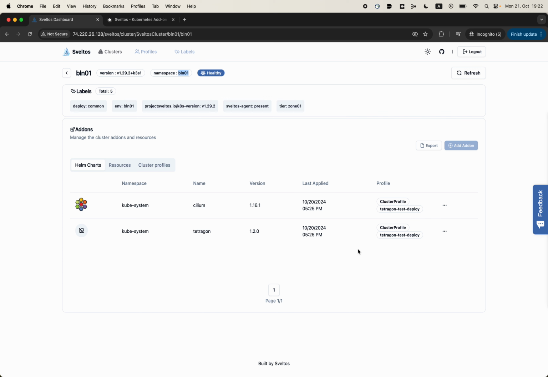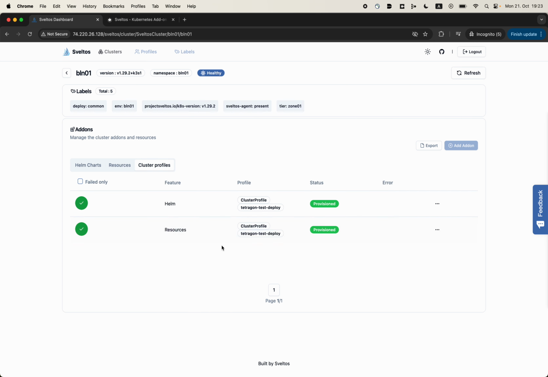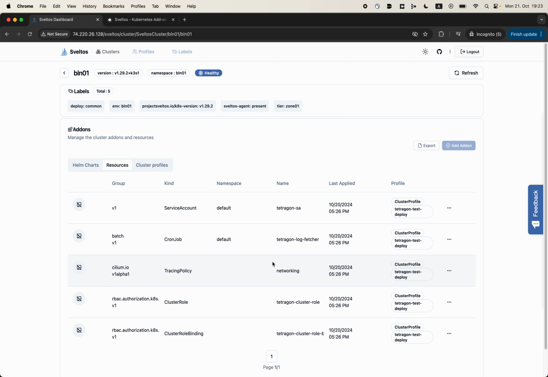Basically here we have a holistic view of all the deployments and add-ons that have been deployed with Sveltos. Here we can see that we have 2 Helm deployments, one for Cilium and one for Cilium Tetragon within the kube-system namespace. If I pivot to the cluster profiles, you can see that the 2 cluster profiles have been provisioned successfully and they're in green states, while on the resources tab we have all the resources that have been